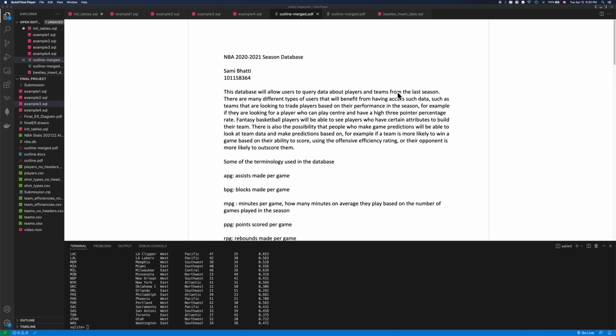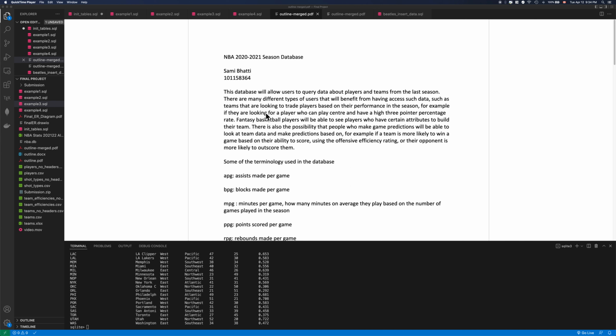I'm Sami and today I'm going to be going through my NBA 2020 to 2021 season database. This database will allow users to query data about players and teams from the last season. There are many different types of players that would benefit from having access to such data, such as a team